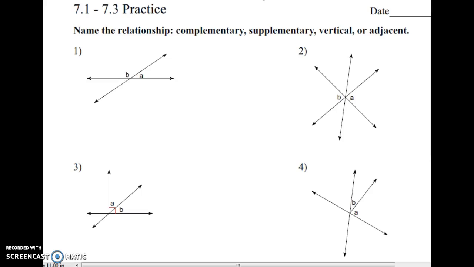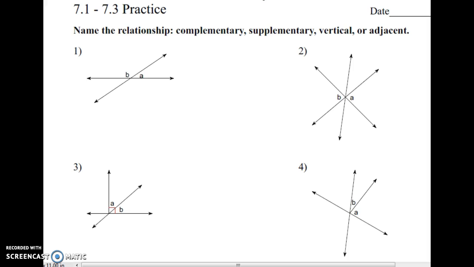Hello, in today's lesson we're going to be recapping section 7.1 through 7.3. In these sections we've talked a lot about angle relationships, we've talked about adjacent angles, vertical angles, complementary angles, supplementary angles, etc. So first thing we're going to do is recall what it means for angles to be complementary, supplementary,